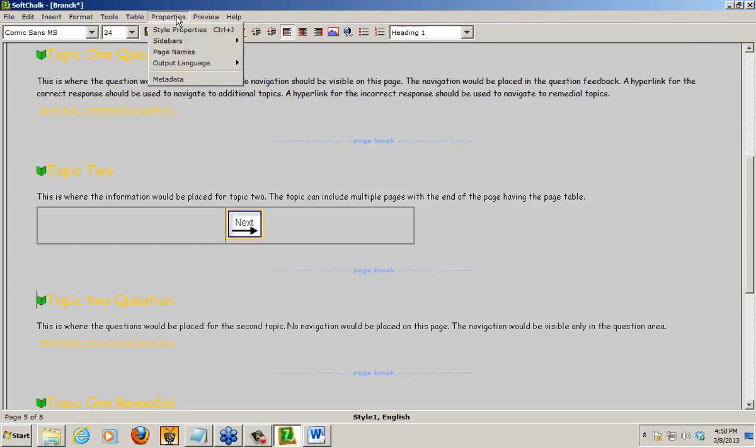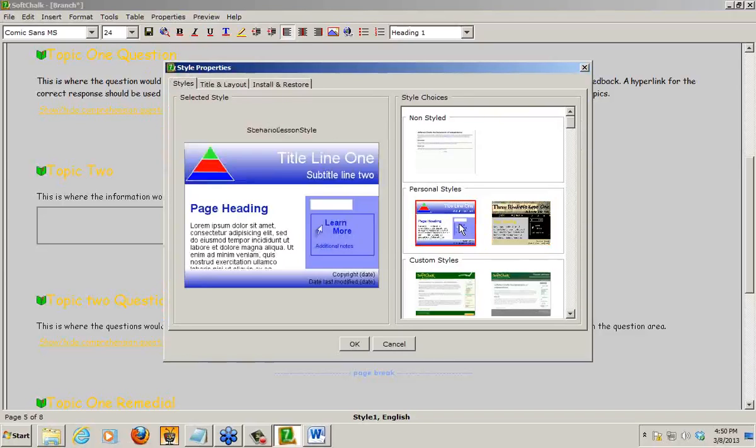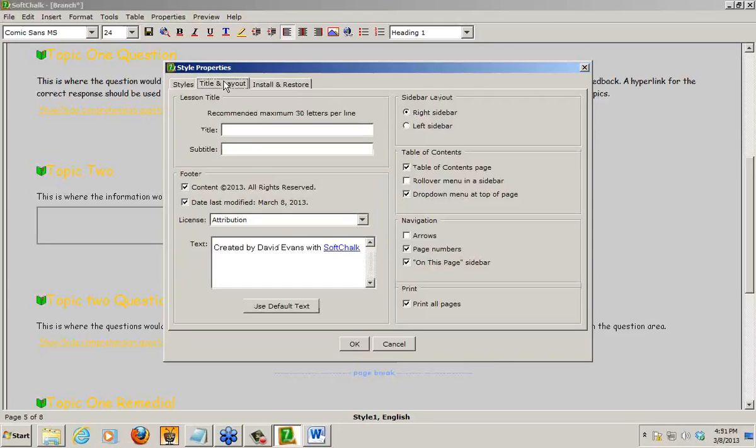So we're going to go to Properties and Style Properties, and we're going to select that personal style of Scenario Lesson Style. While we're here, let's also go to Title and Layout,